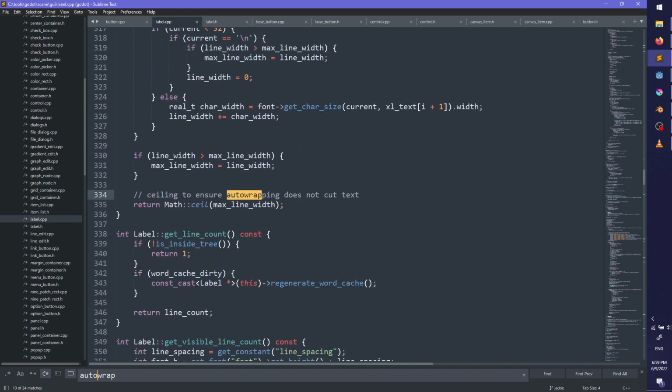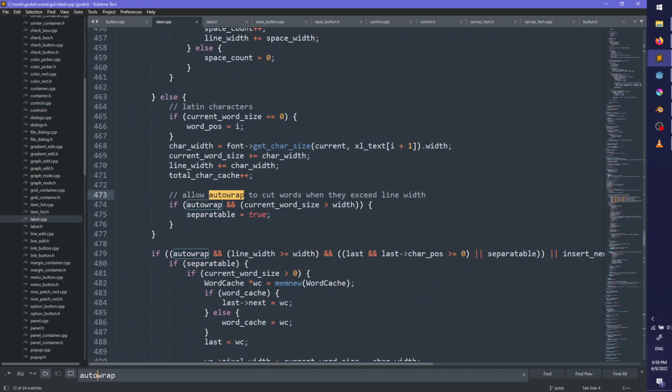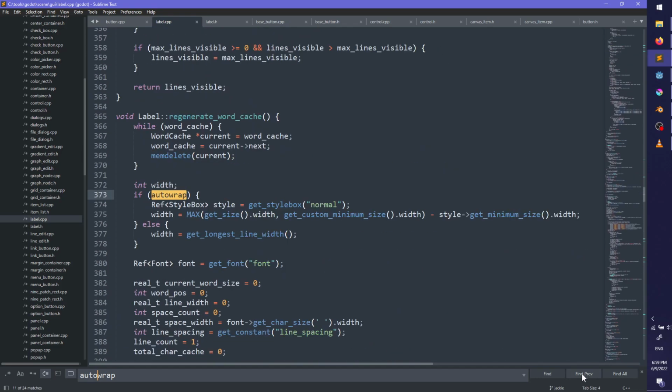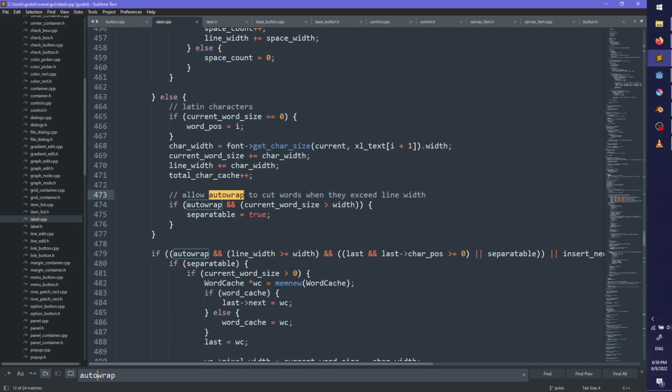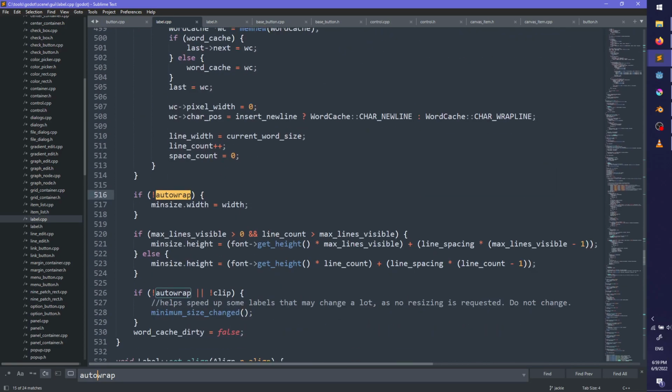Wait, why doesn't it take into consideration? No, it does. I'm sure. Does it? Generate word cache. Okay, I guess. Okay, how do I just resize the button? Godot, resize button to content.